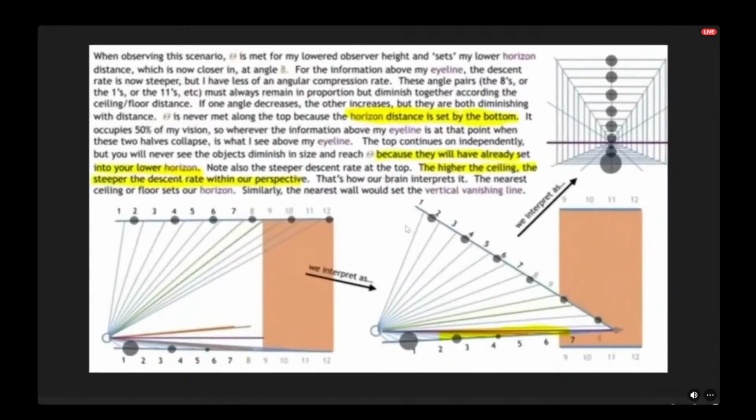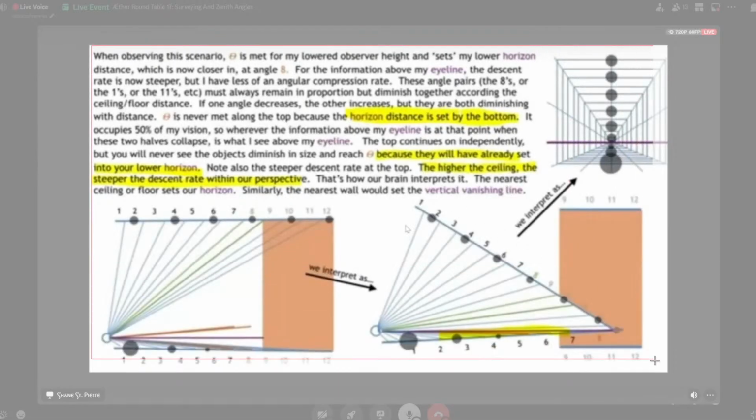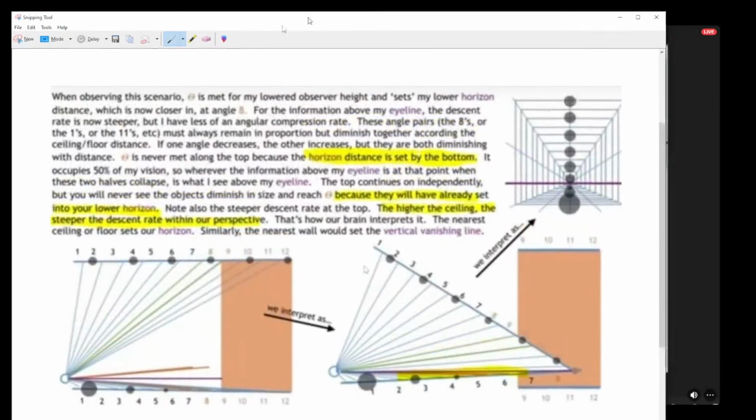And if you read this one, it just goes over for information above my eye line, the descent rate is steeper, but you have less of an angular compression rate. So it essentially puts that you govern the bottom of your horizon because it's closer to where your eye level is, and that's why the bottom recedes first, essentially. So wherever the information above your eye line is, those two halves have to collapse, and that's what you see